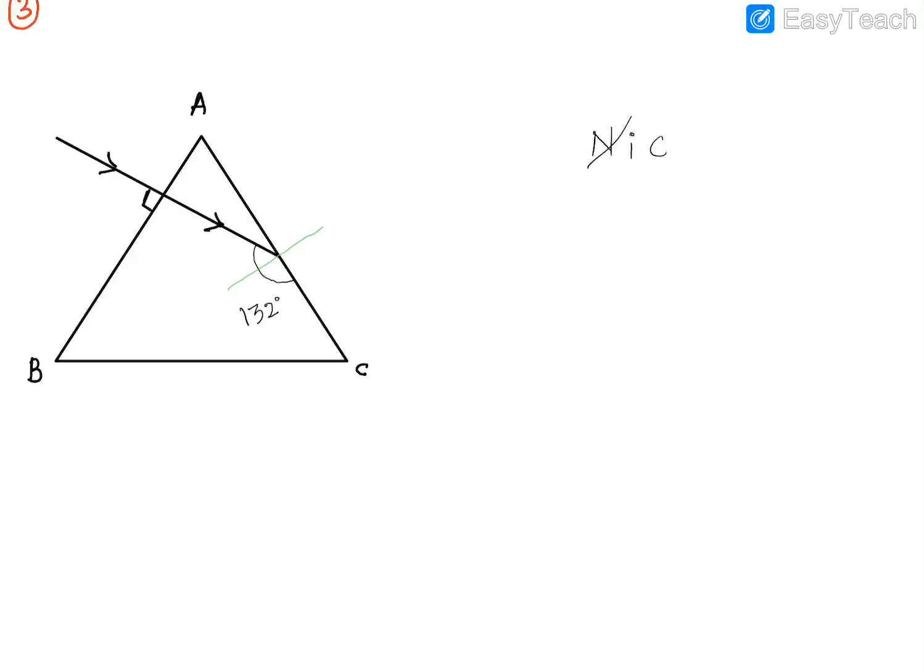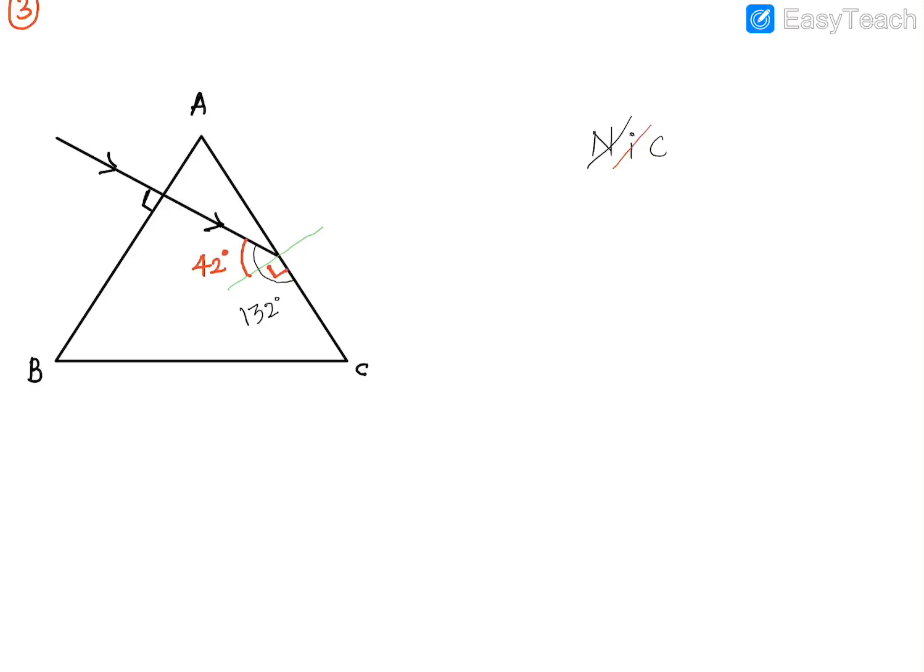So these are normal. I've drawn it freehand this time. Second thing, after you draw the normal, let's mark all the angles. What do you have to find out? The angle of incidence, and this is your angle of incidence. How to find that? Since I drew a normal, this angle will be 90 degree. Because it is 90 degree, the remaining angle is 132 minus 90, that is 42 degree. Guys, take a minute and understand how I got 42 degree.